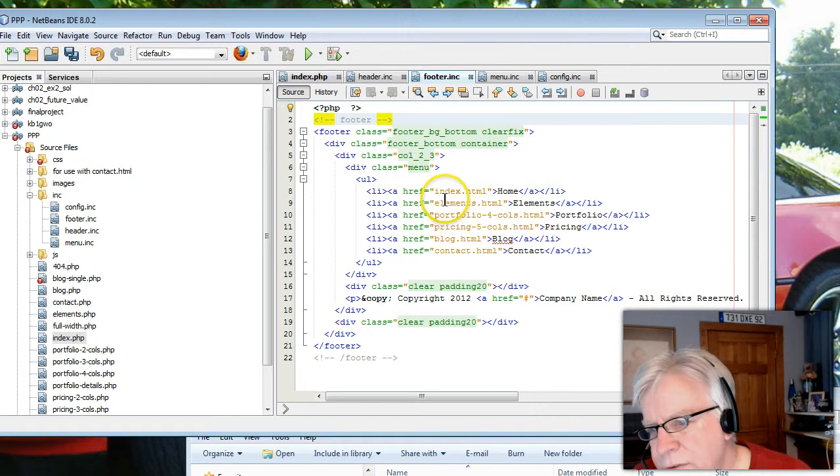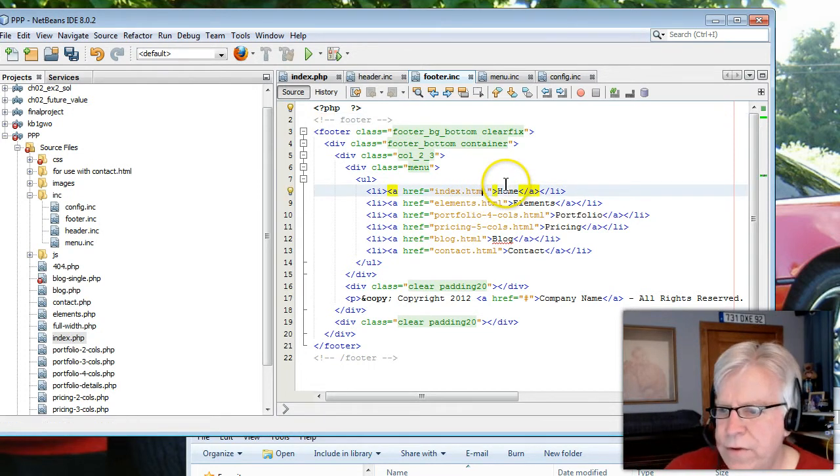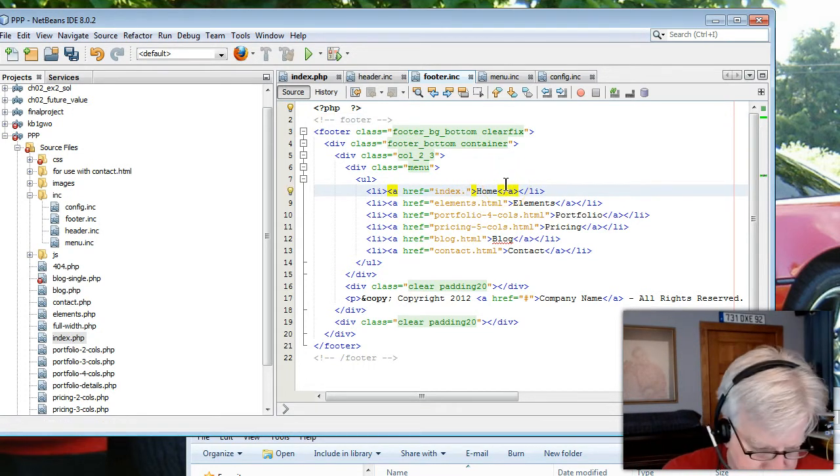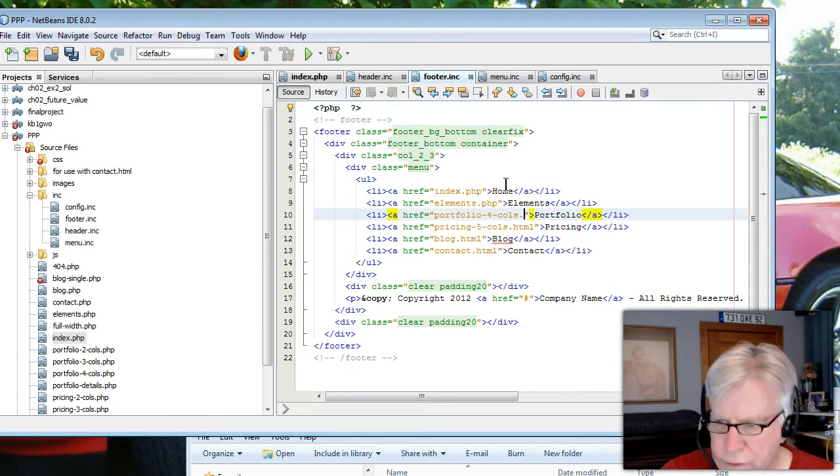And I take a look, there's a little menu down at the bottom here. And notice this menu down at the bottom has all the files with .html. So that's an easy quick fix to now take all these HTML in this footer.include